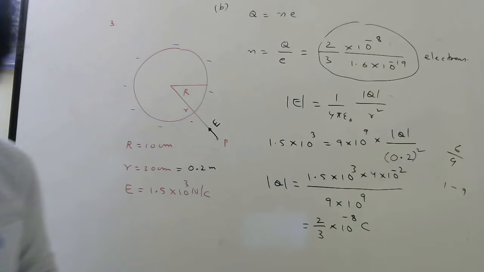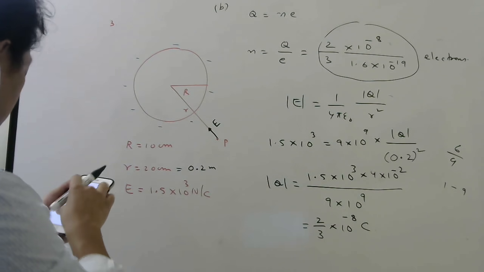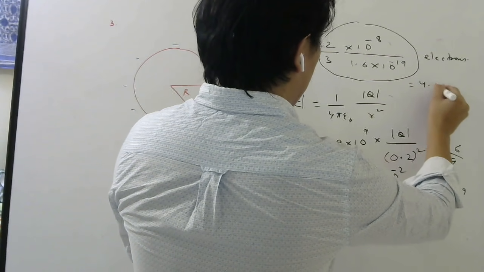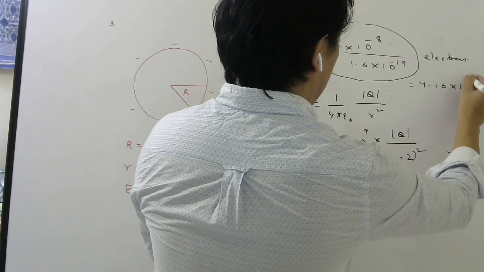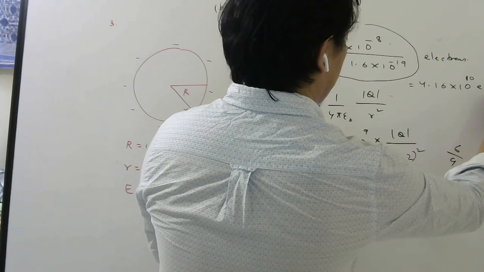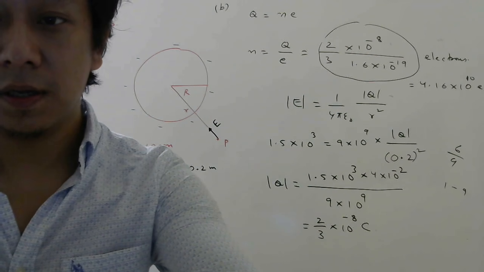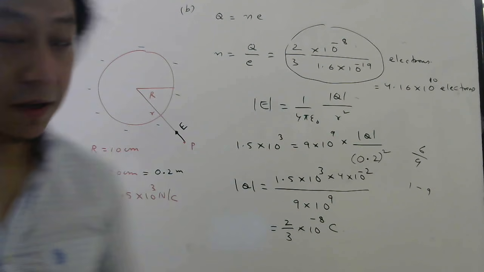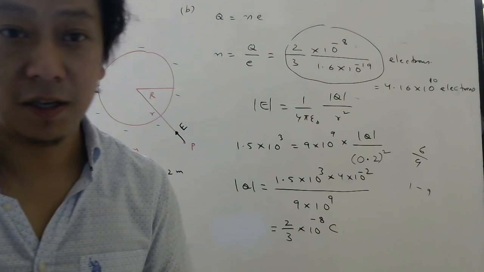So this will be the answer for how many electrons are there. Okay, you can simplify the value yourself. Let me give you the result so that you can check. So the result for this will be 4.16 into 10 to the power 10 electrons. Okay, so that many electrons should be added. Now it is clear, so please do this calculation. If I start doing it now, it will take a lot of time, unnecessary wastage of time.